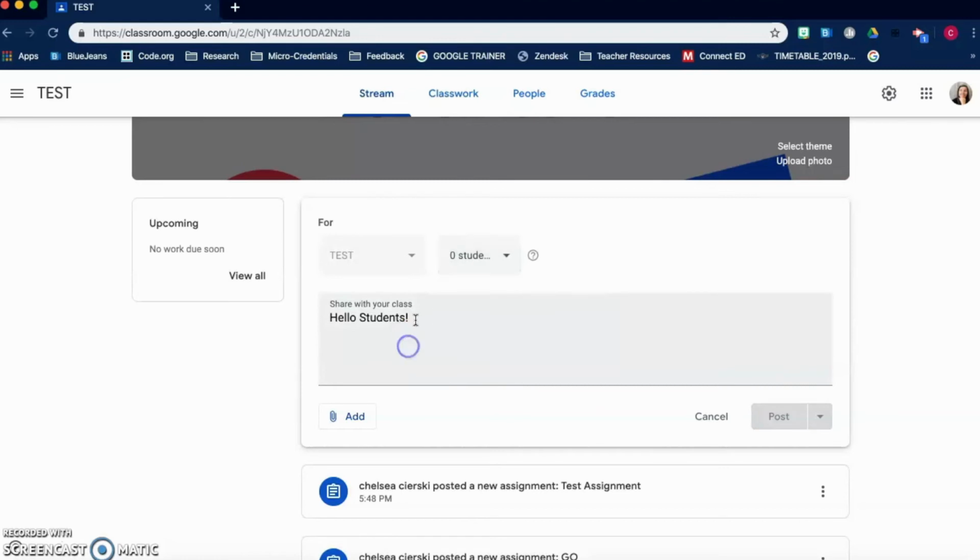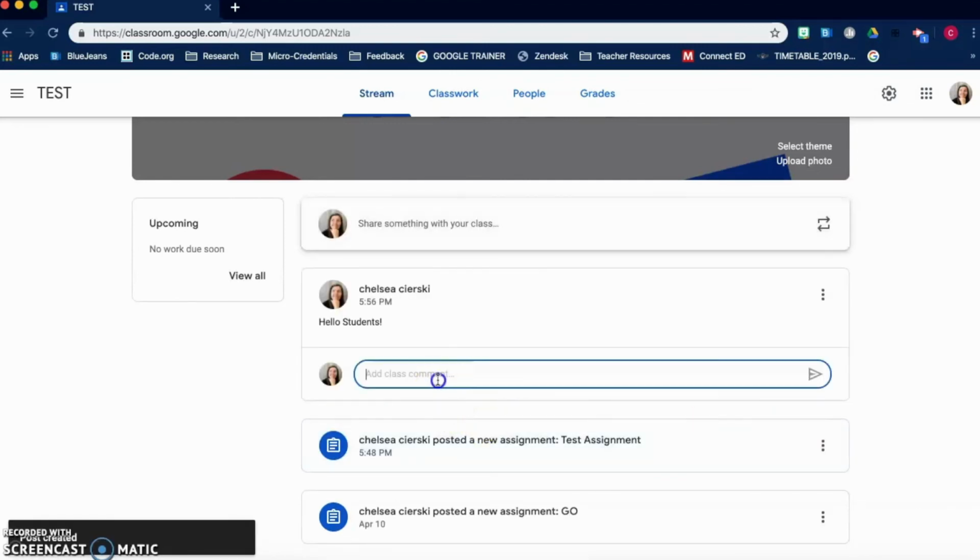I love using this the most because once it generates and you post it, it has this class comment section, which makes it look like you are posting on a Facebook feed. So it's really easy to keep up with. So I love using this and using that checkbox feature to really target those students that I want to communicate straight on the stream. All right, so in this video, we talked about communicating through email, through private comments, and